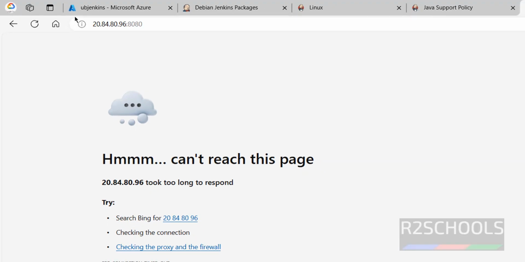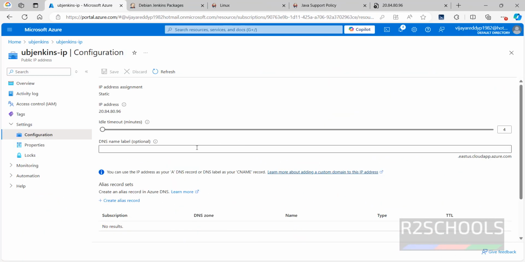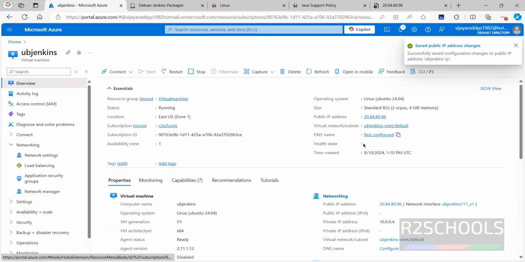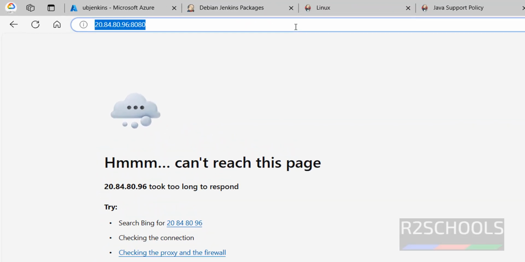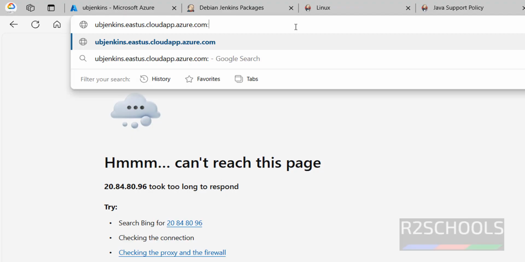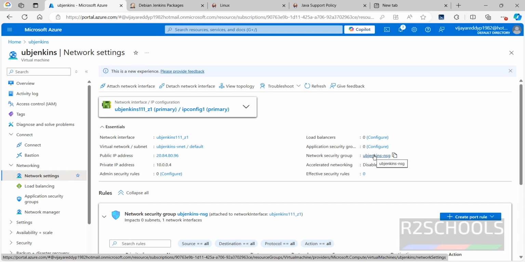See, if you receive this error, you configure a DNS name. I'm giving the same DNS name. Copy it. See, this will be the full name. Click on save. Go to virtual machine. Refresh. Copy this one. Go to here. Paste it. Give the 8080. Hit enter. Still, if you are unable to connect, click on network settings, then click on this network security group,